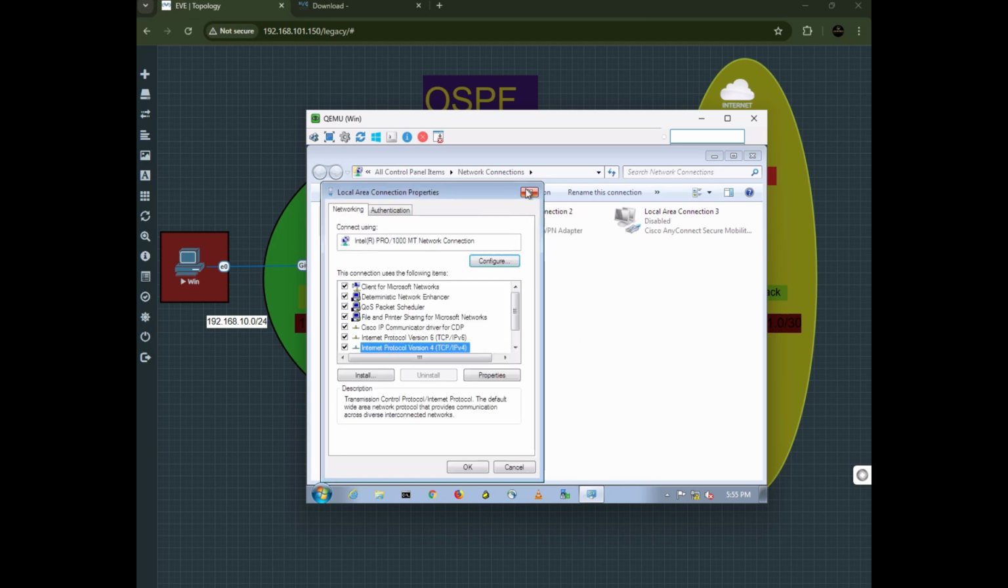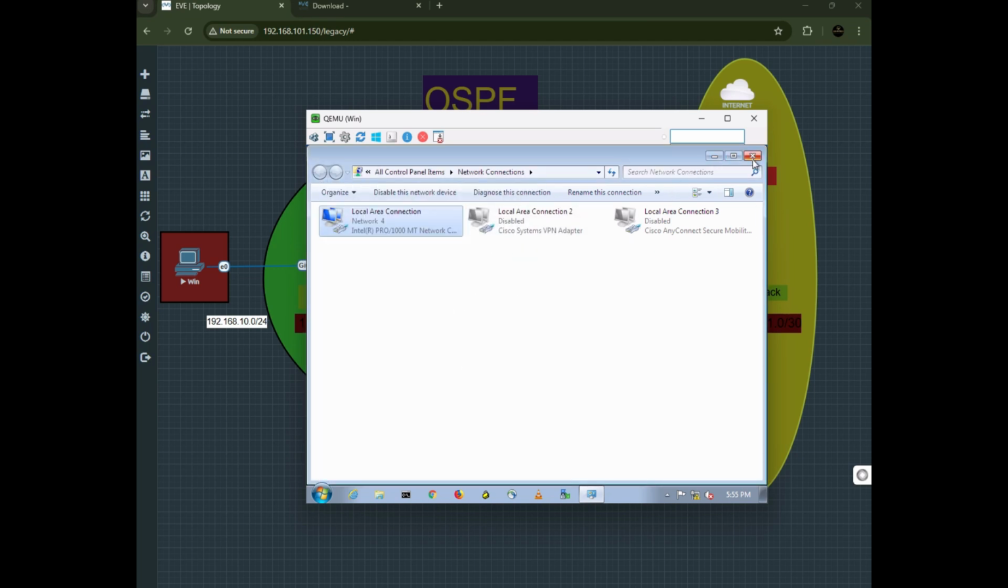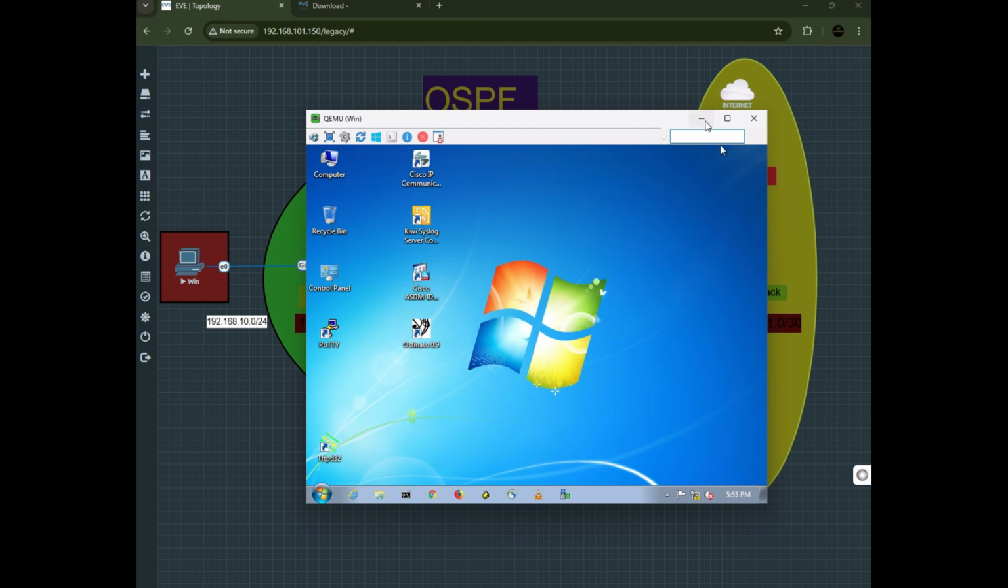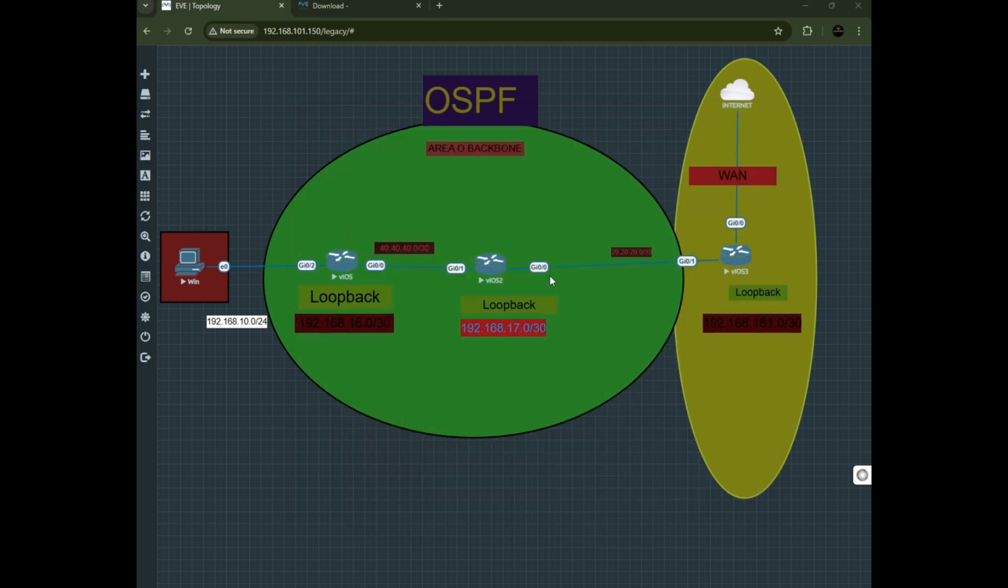Okay, so now what we are willing to do is the configurations on these routers, so that we will be able to see OSPF actually being utilized on this topology. And then we're willing to see this PC use OSPF as the dynamic routing protocol to access the internet. Alright, let's start by showing the configuration that we have on each router, and also the